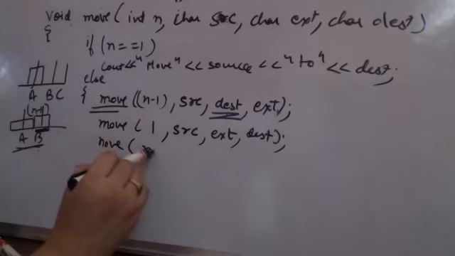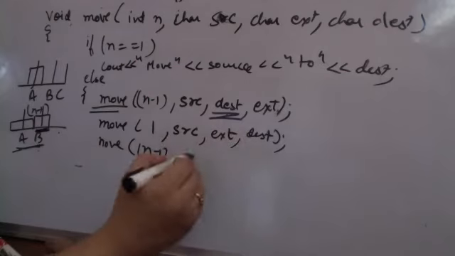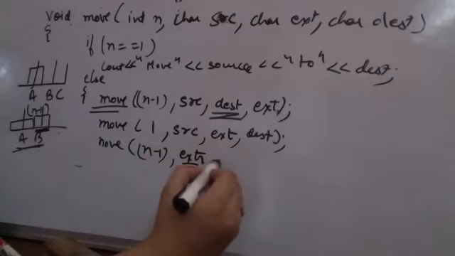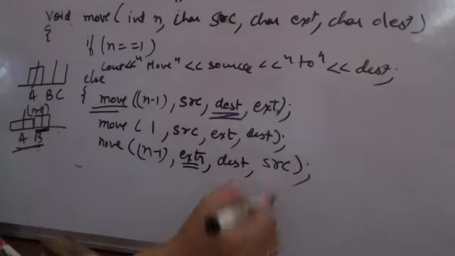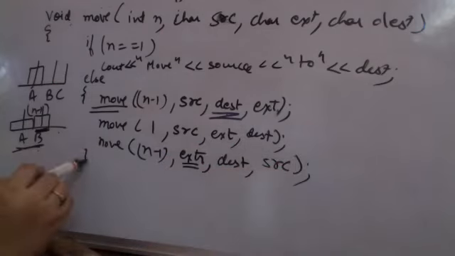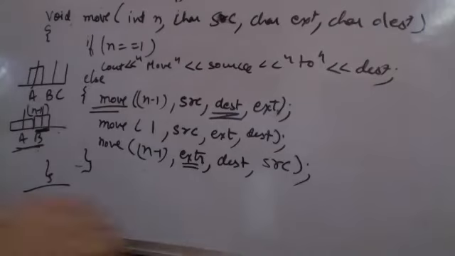I have to do again. So I have to copy n minus 1 disks back from extra वाला जो हमारा B था, उस extra वाला ये source हो गया, destination हमारा destination ही रहा, और A जो हमारा initial source था वो becomes spare now. So after these 3 steps, I am done with my recursive calls and I am done with my towers of Henry problem. Is it clear to all of you?